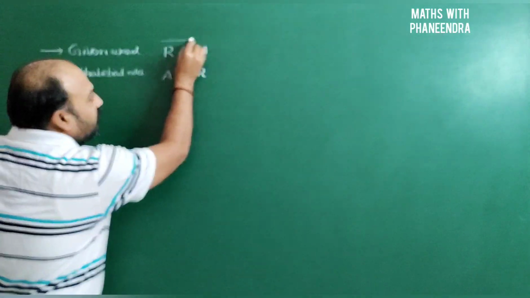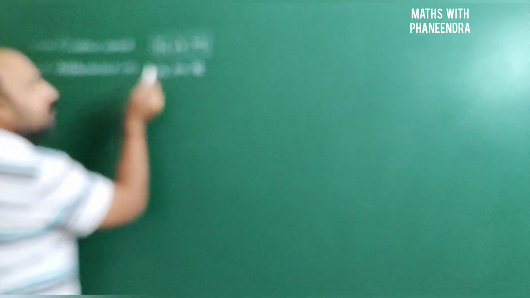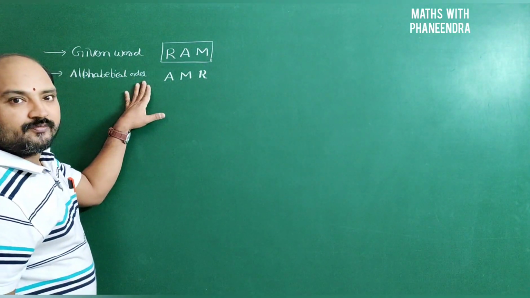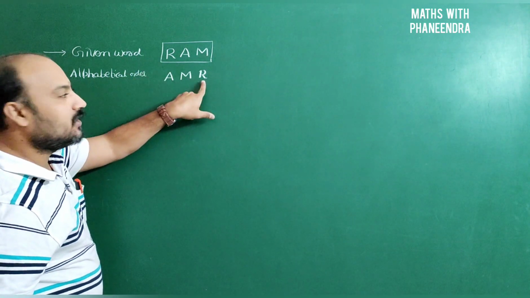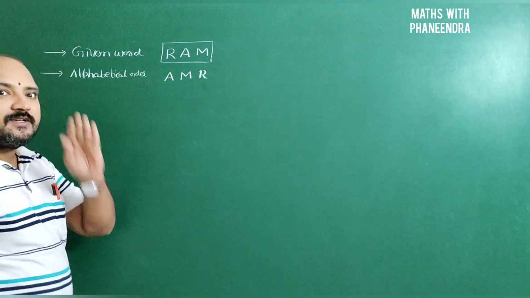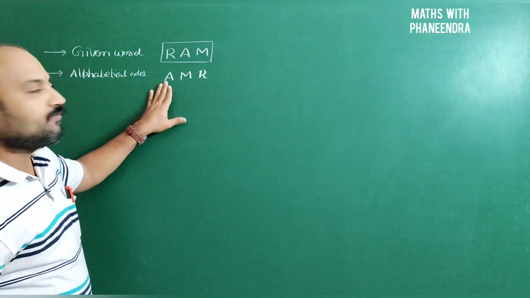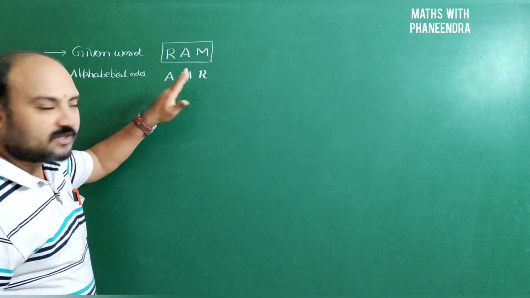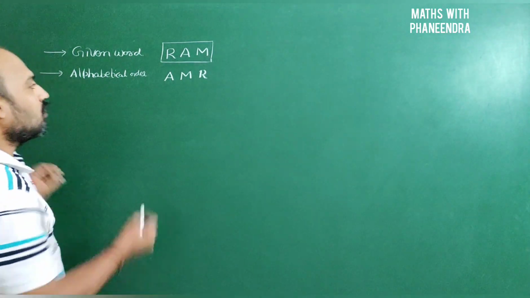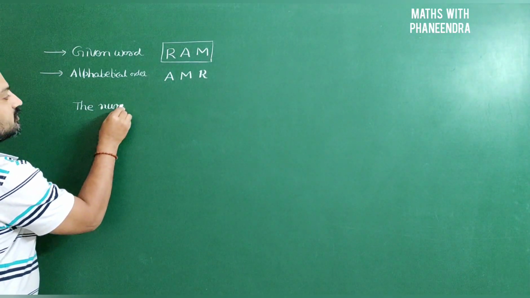The rank of the required word RAM. In that, the first letter is R. In the alphabetical order, R will be in the last place, that means the third one. So the number of words which begin with the letter A, you have to write. The number of words which begin with the letter M, you have to write. After that, the word RAM will come. So before that, the number of words